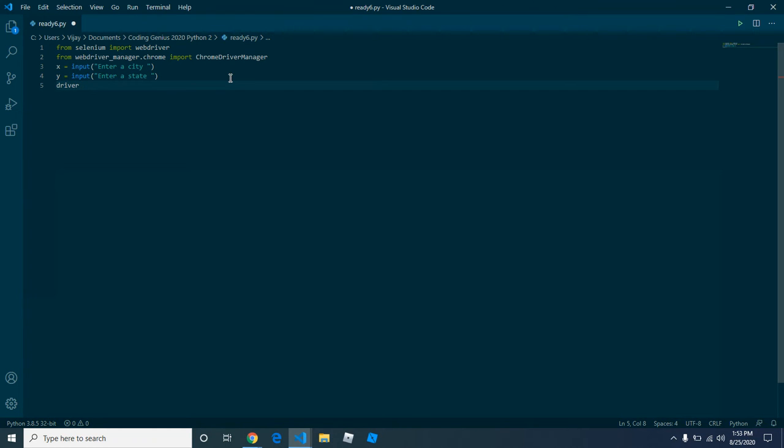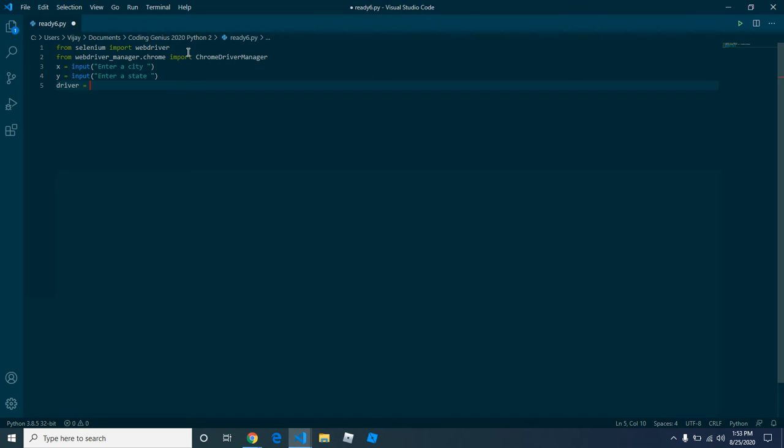I'm calling it driver for a few reasons. One, driver is going to help us install ChromeDriver. It's going to install ChromeDriverManager in a web, and it's kind of like a web driver. In another way, it's kind of driving the code. So I'm going to call it driver. You can call it D, you can call it river, you can even call it, I don't know, access,